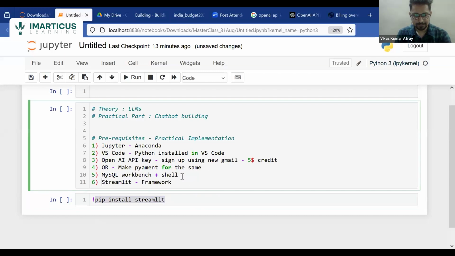Is it clear? This is another requirement. We need to have this framework, all right? This is the framework on which we are going to build up the chatbot. For both the chatbots, the PDF one and the one with the SQL, we'll be utilizing Streamlit along with